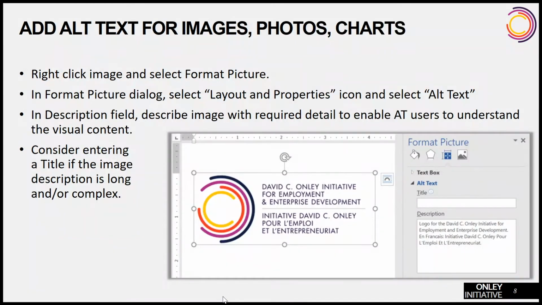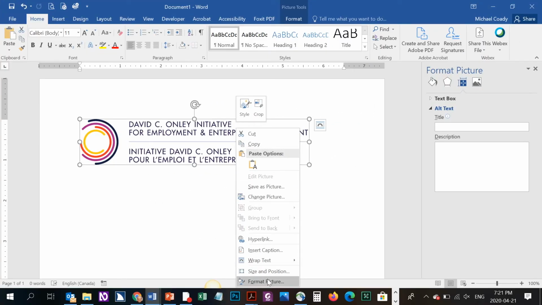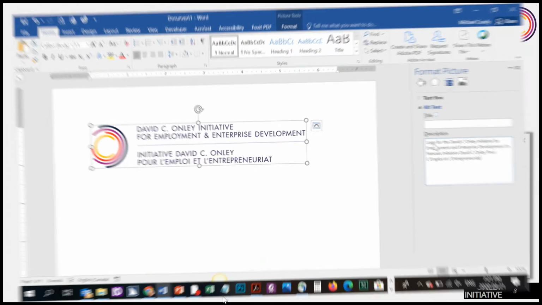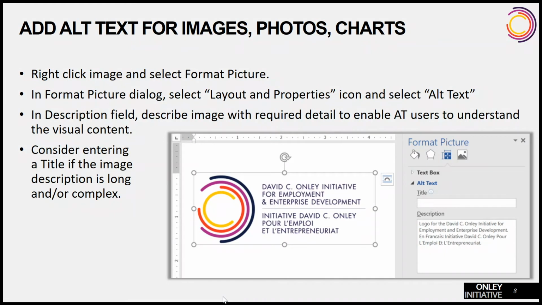Enter alt text by right-clicking on an image and selecting Format Picture. Within the Format Picture dialog, select the Layout and Properties icon. Then select Alt Text. Provide a description of the image in the description field. You should only enter a title if the content you are describing in your description field is long and complex. Including a title in the title field is useful so people can determine if they need to read the full